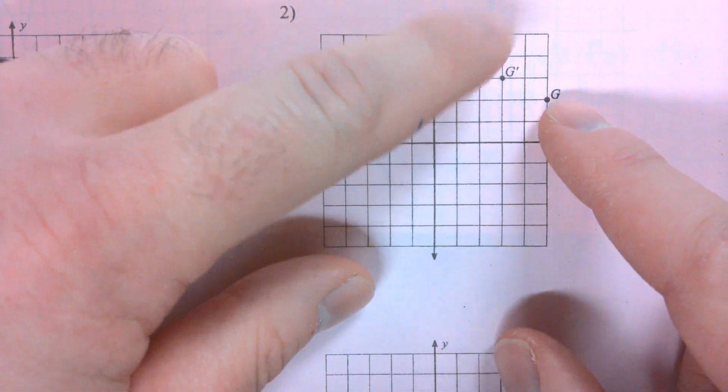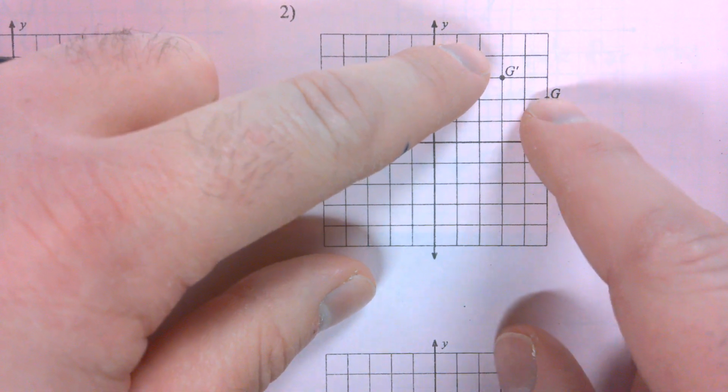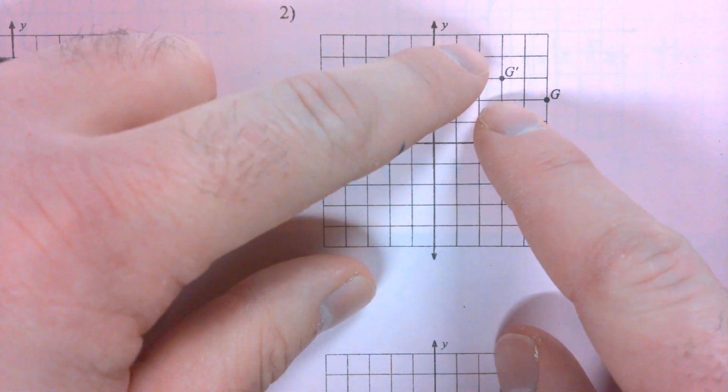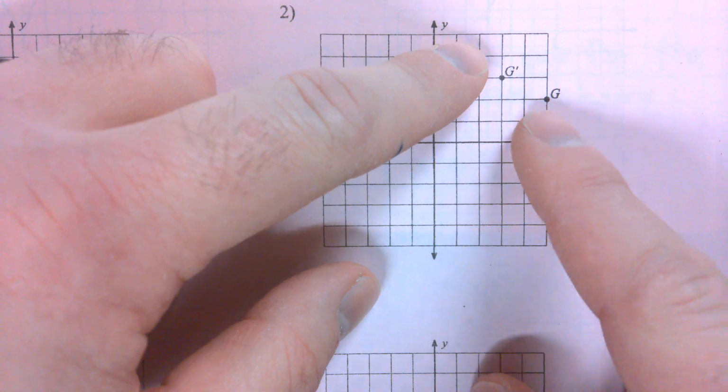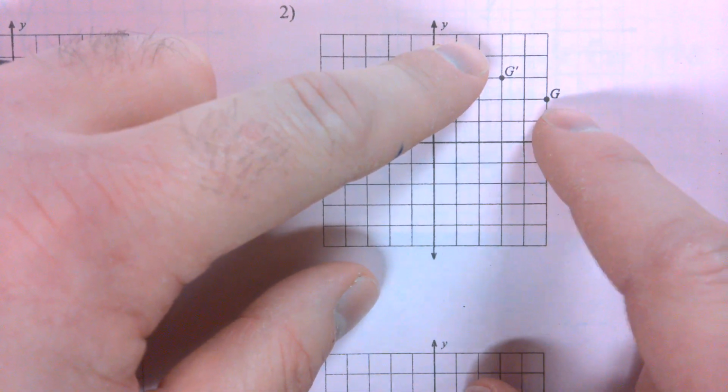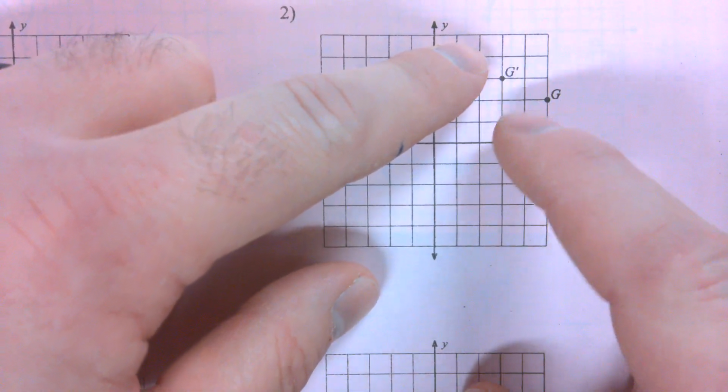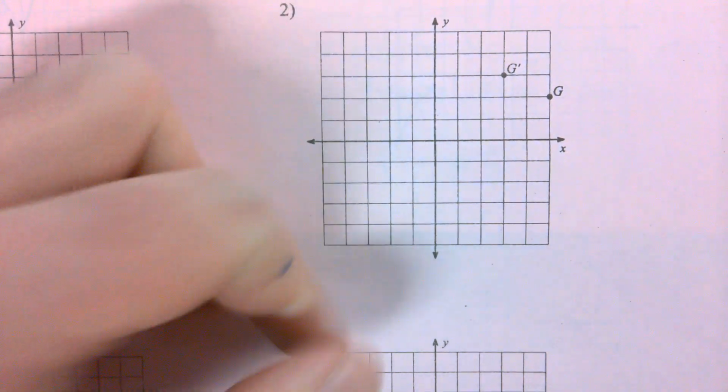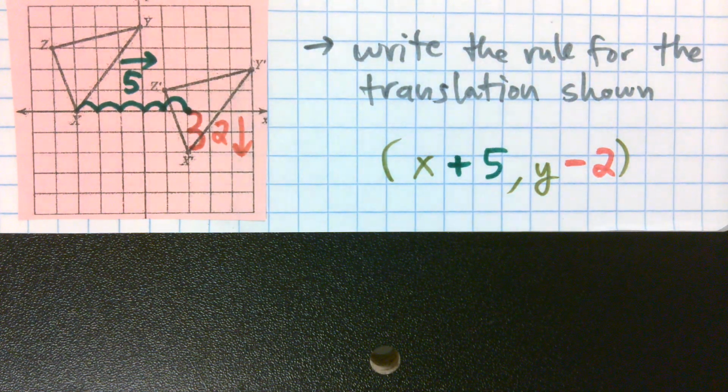So from G to G prime, it looks like we're going left 2, up 1. Left 2 would be x minus 2. Up 1 would be y plus 1. All right? So we'll go ahead and get 46 started. Told you our notes were going to